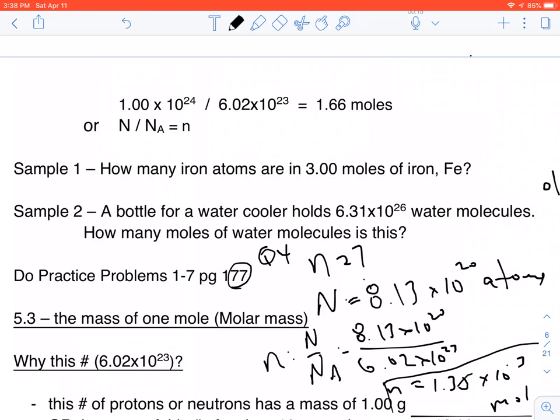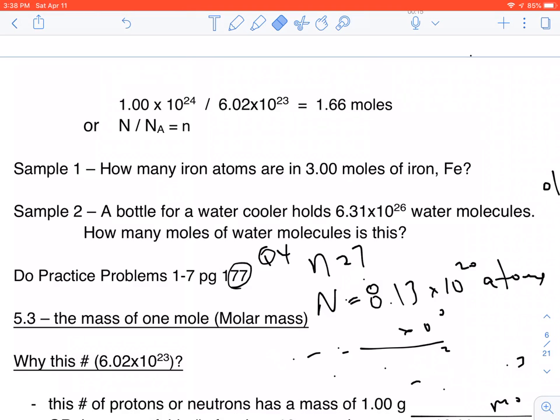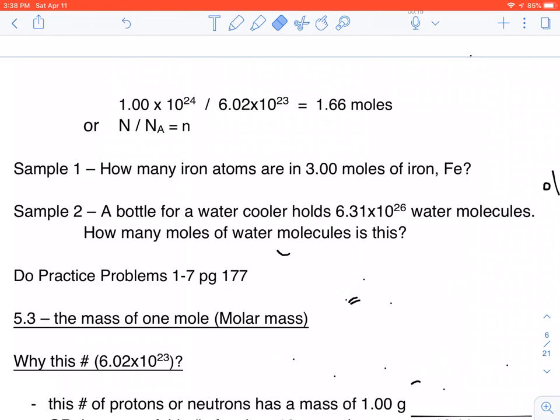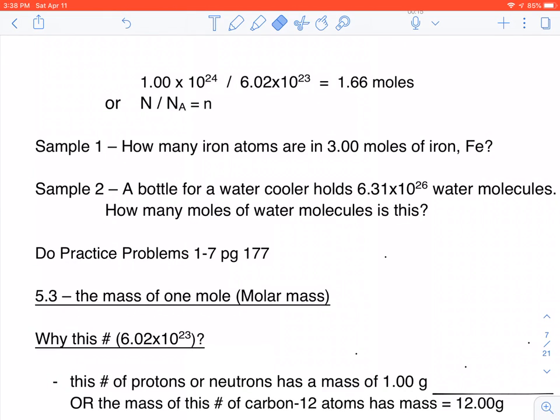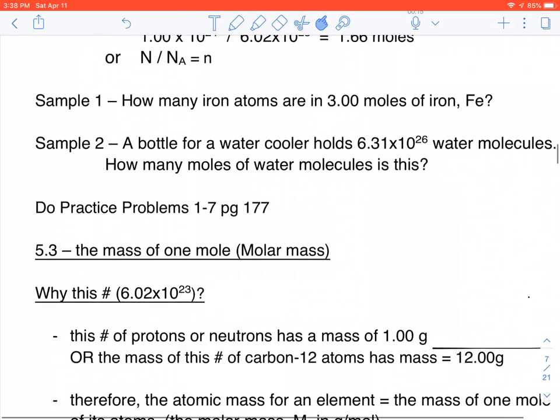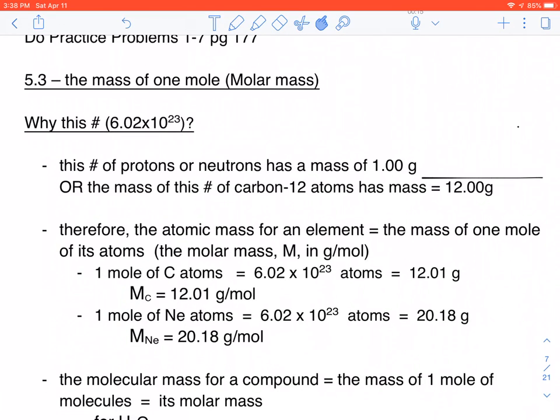Okay, so for today I want to move into section 5.3. 5.3 is where we actually get into probably the most useful parts of chemistry for chemists. As a chemistry teacher, as a person who used to work as a chemist with a lab coat on and goggles and doing chemistry every day, 5.3 is what I did basically every day. So as we move forward here, 5.3 looks at